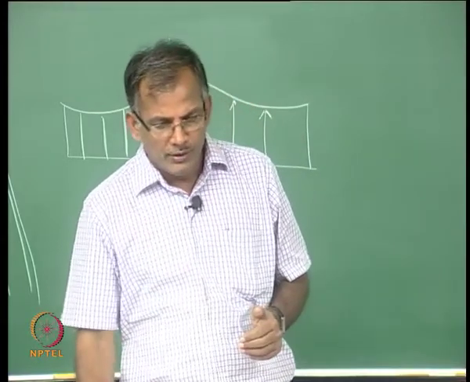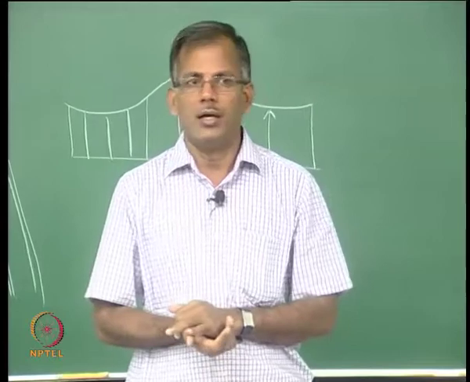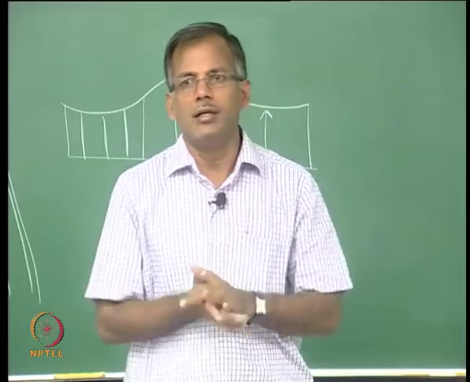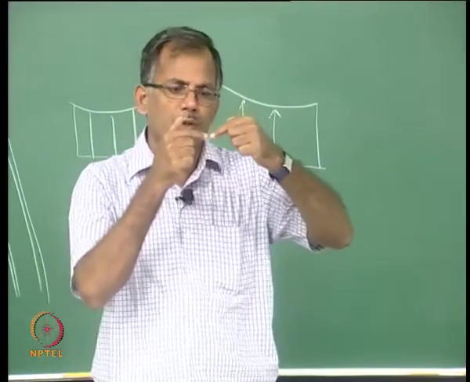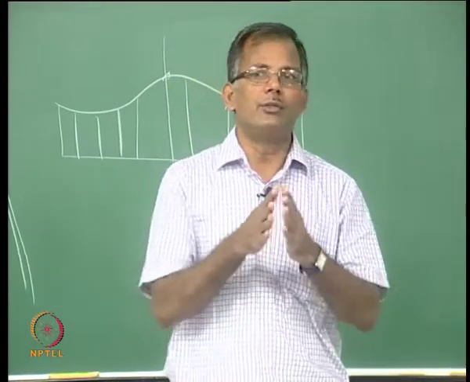You see here, a few classes back we derived one relationship between the initial crack growth and the final crack growth, with a material constant, which is basically K1. If you plot this relationship, the horizontal axis is the number of cycles and the vertical axis is the range of stress applied, very similar to the problem of a paper clip. We were trying a simple experiment: opening the clip to a larger angle induces higher stress at the junction. So, the larger the angle, the fewer cycles you need to break it.